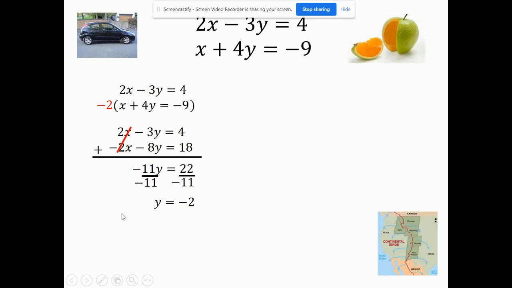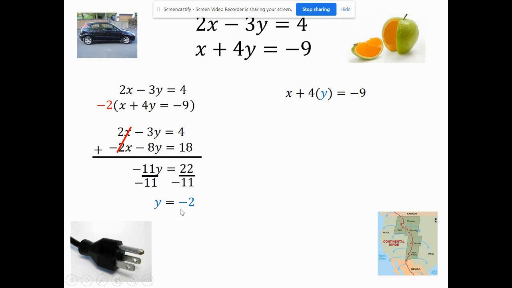So now what I'm going to do is this. I am now going to come up here and pick either one of these problems. Now I could even pick the bigger one with the bigger numbers. I think I picked this one here because the x is already by itself to make the work a little easier. I'm going to substitute or plug in